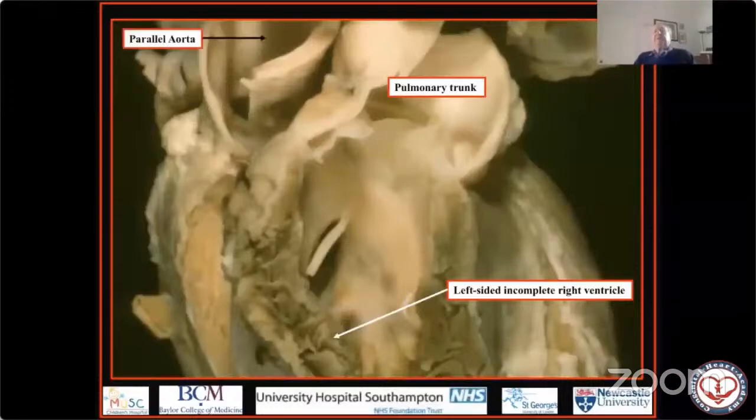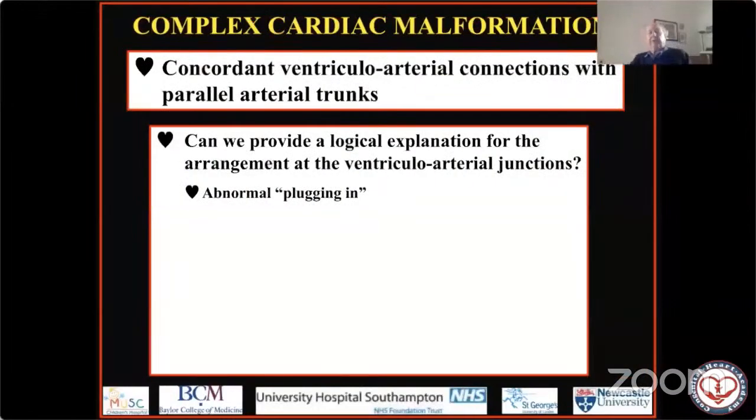And as we have been discussing the other hearts we'll be looking at today, as the arterial trunks arise and extend into the mediastinum, they do so in parallel fashion. So here we have another example of concordant ventricular arterial connections with parallel arterial trunks in the setting, this time, of double inlet left ventricle. If we carry out full sequential segmental analysis, there is no problem in determining exactly what is going on. So you've seen various examples now of these hearts that have in common a combination of concordant ventricular arterial connections